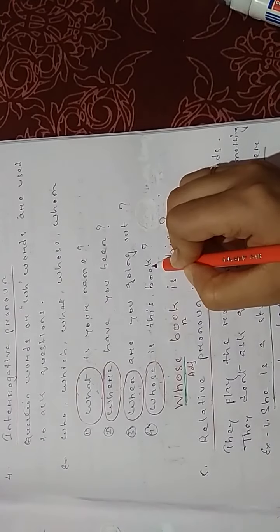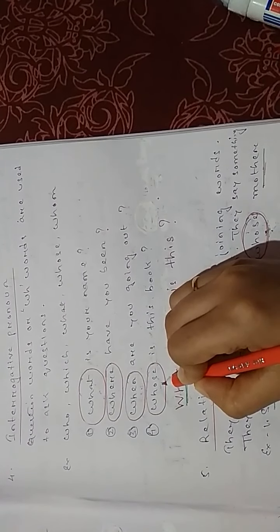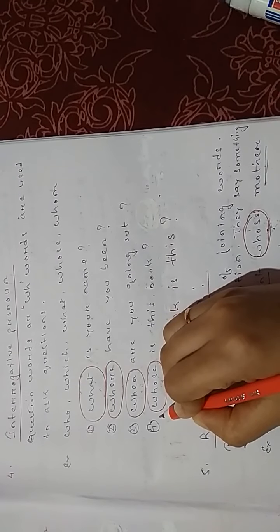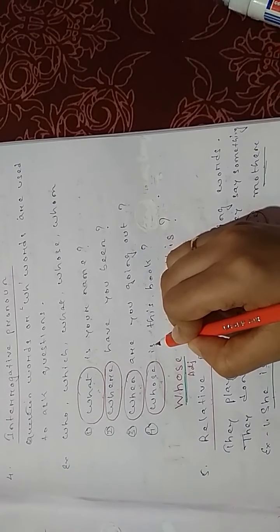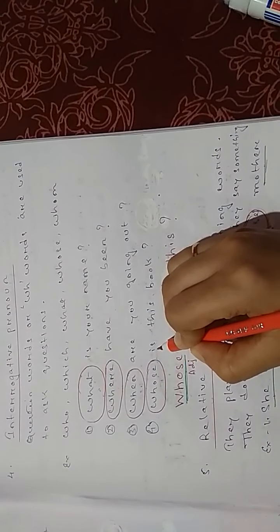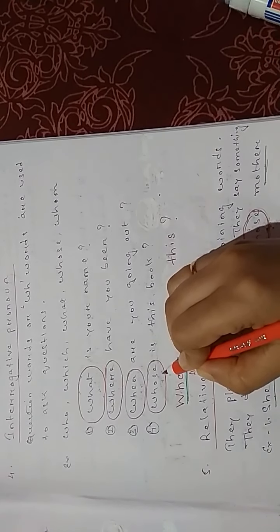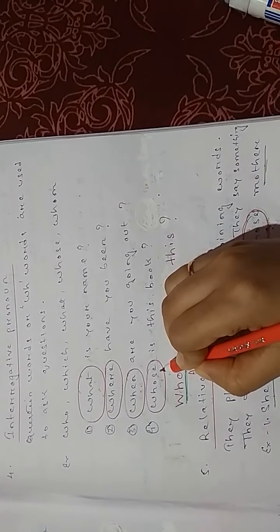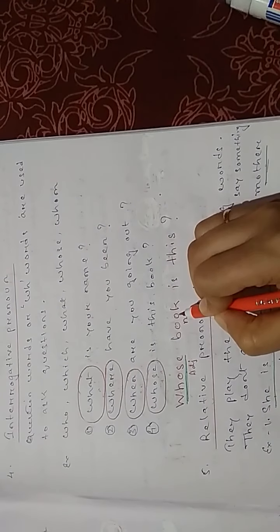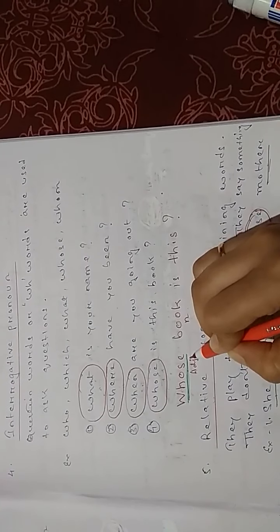Whose book is this? Here with the word whose, have I used any noun? Look here. Is there a noun? This side? No, it's a verb. So this is sitting without a noun by its side. This is pronoun. This is interrogative pronoun. And here, whose book? I have the noun. This is interrogative adjective. Let's look at some other examples to understand the difference.